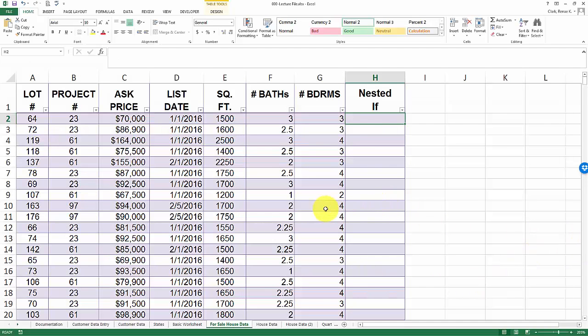Now, here we have some home sales data. This is a list of homes for sale, and perhaps you have a client who is wanting to look for a new home. They've asked to see only homes that have at least 4 bedrooms and have 2.5 baths or more. I'm going to set up a nested if to do this evaluation. I'm starting here in H2 with an if, and I'm going to use the structured references. If the number of bedrooms is less than 4,